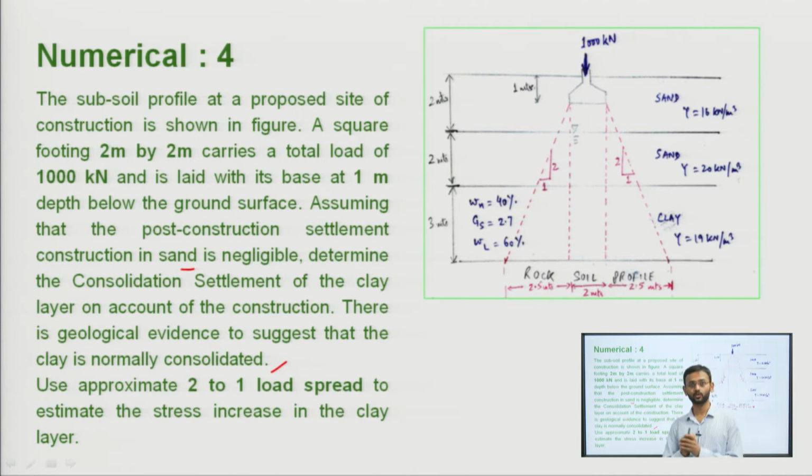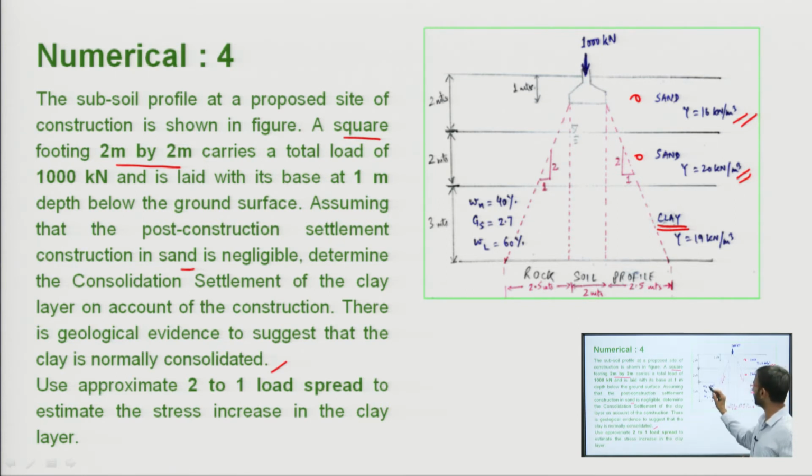Okay, for this you have to see the figure given to you, where I have shown you the load distribution also. Now see, a square footing is given 2 meter by 2 meter, which carries a total load of 1000 kilonewton. So this is the setup, the field condition wherein a sand layer is there, then another sand layer is there which has a different bulk unit weight, 16 kilonewton and 20 kilonewton, and there is a clay layer below these two sand layers, and the value of gamma in this case is 19 kilonewton per meter cube for the clay layer.